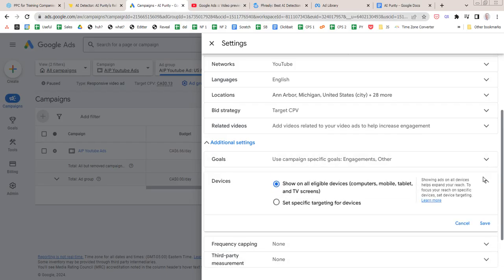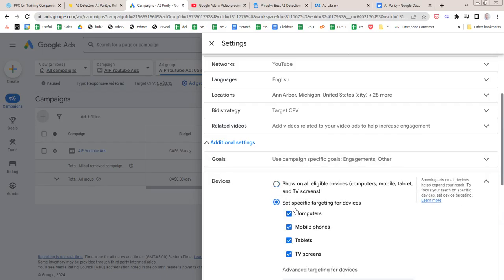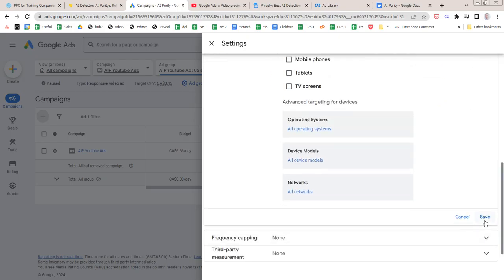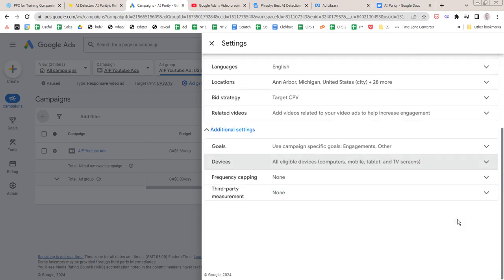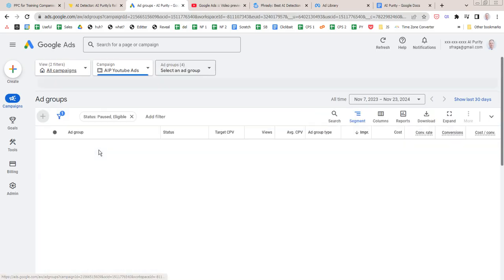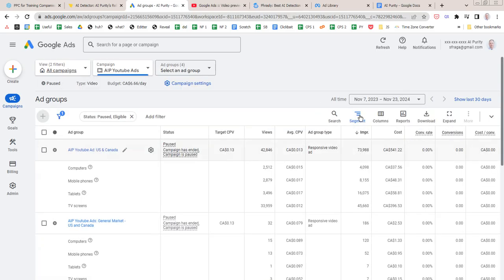And so here's how I would set this up. Change this to specific things. So I'd eliminate those and apply that. Save that, but I'm going to skip that for now. And then I might add some frequency capping so people don't see the ad too often. All right, so there's the settings for that. Let me go back to this. Give me a second.